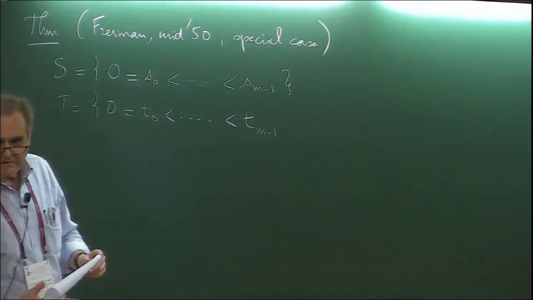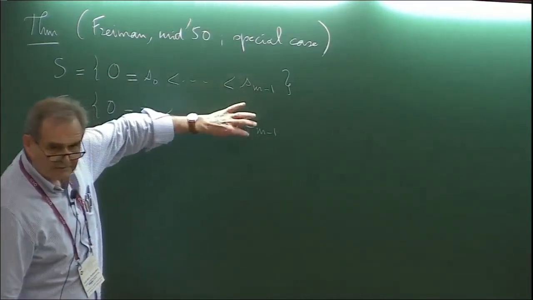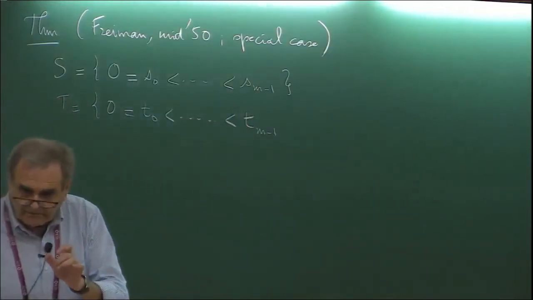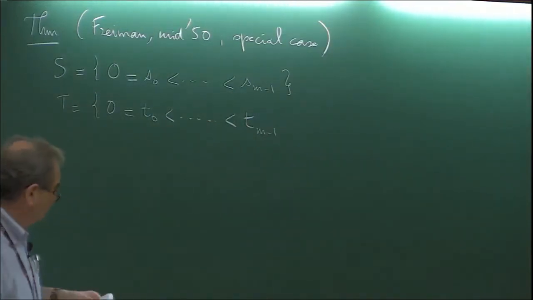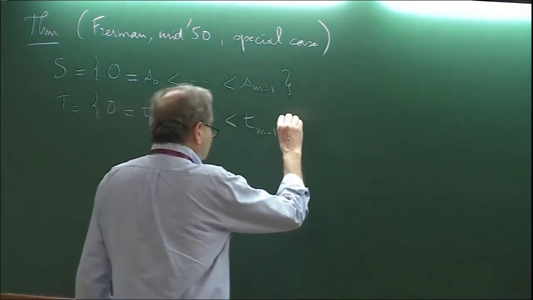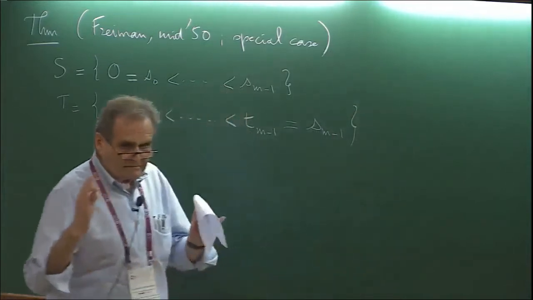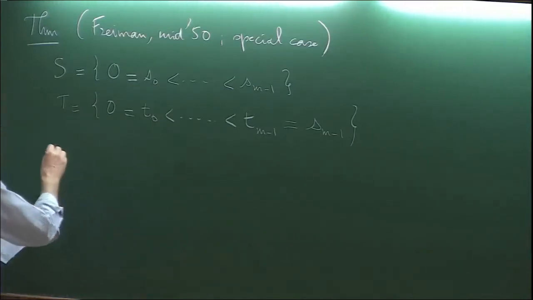First of all, it is a special case because Freiman can deal with the fact that this M is different from this one. Your sets have not the same size, okay, not the same elements. Then you will have something which comes into the minimum of M and something like that. And for me, another special case is that this is exactly in the same set. This is what you get, you see, when you take an interval and you get minus this set. And this is why, for us, this will be enough. Okay? Otherwise, it will be something.